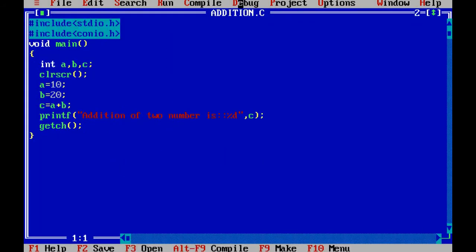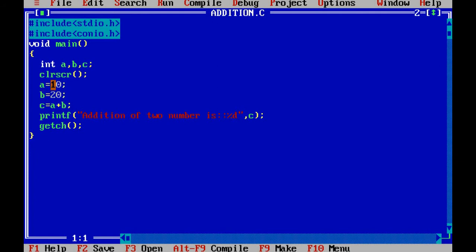First we take the example addition.c. Basically in this program we just initialize the variables a and b: a is equal to 10 and b is equal to 20.